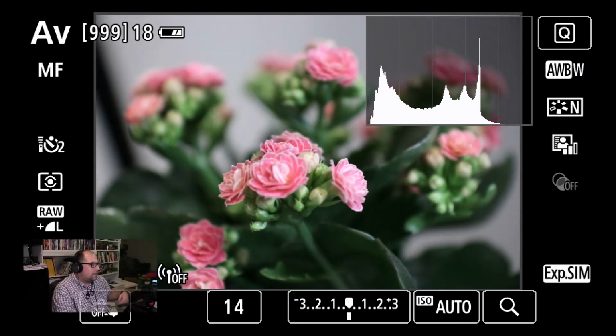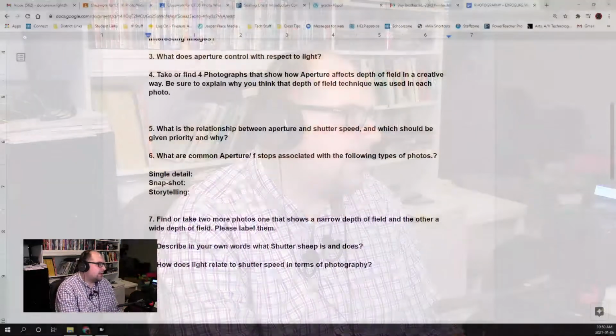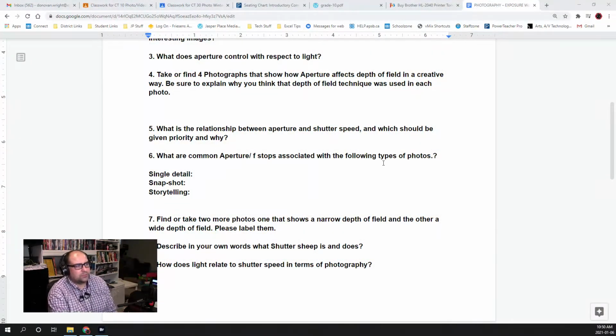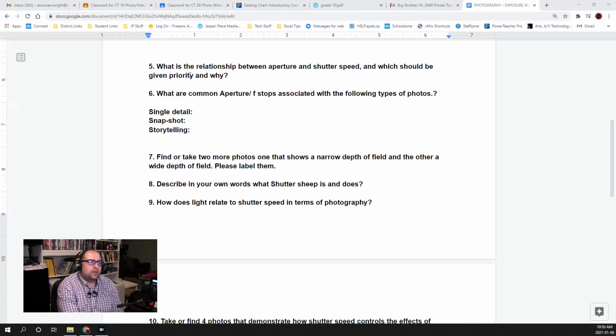So let's go full screen and we'll bring this back up. Okay, so you're going to find four photographs. You're going to explain why you think the depth of field technique was used in each photo. And then when it relates to why or when you'd use shutter speed priority versus aperture priority, and why one would be more important than the other,